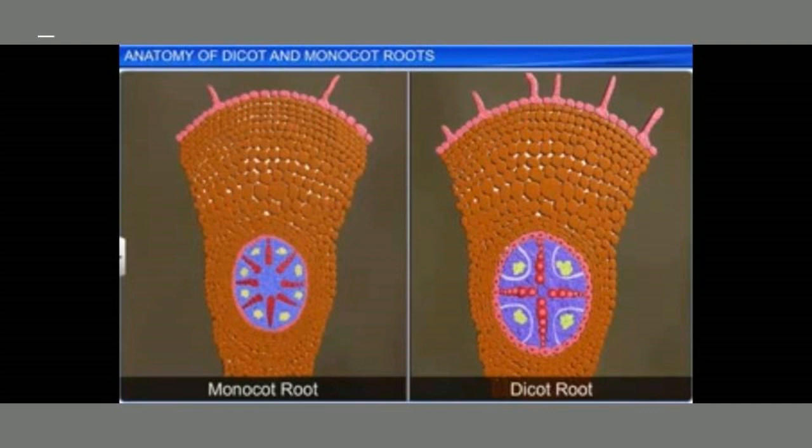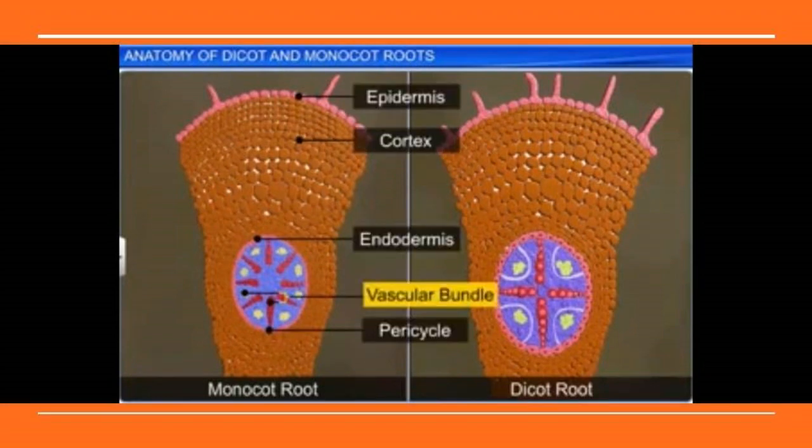We are going to see dicot and monocot root. First is the monocot root and second one is the dicot root. In this dicot root, we can see the labels like pericycle, vascular bundle, conjunctive tissue, pith, xylem, phloem. We already saw these in the above picture. Now, the anatomy of the same dicot and monocot. Some of the parts are the same in a monocot as well as dicot: epidermis, cortex, endodermis, vascular bundle and pericycle. These are the same in the monocot as well as dicot.